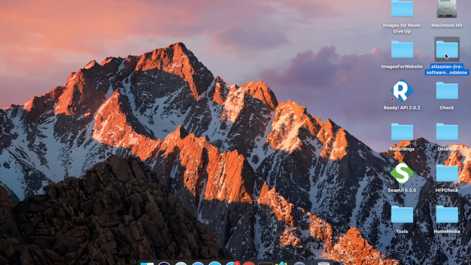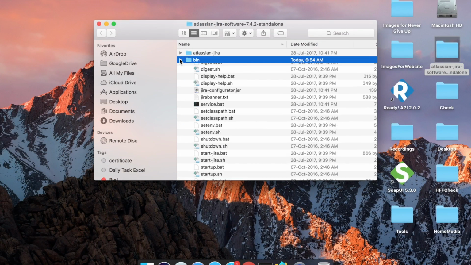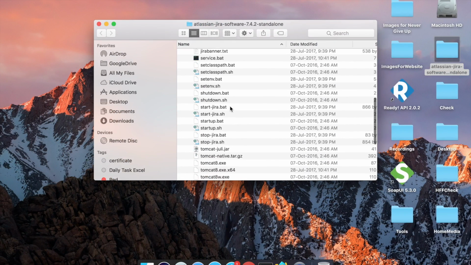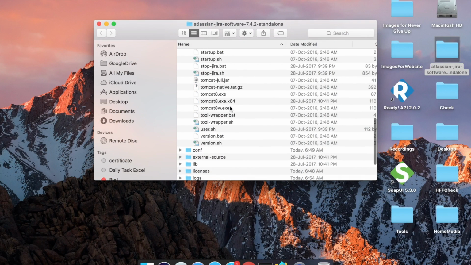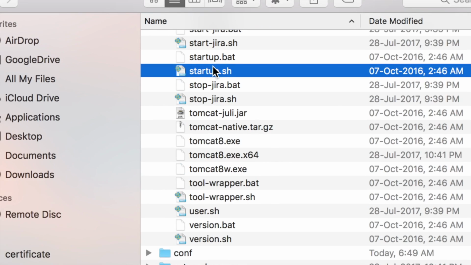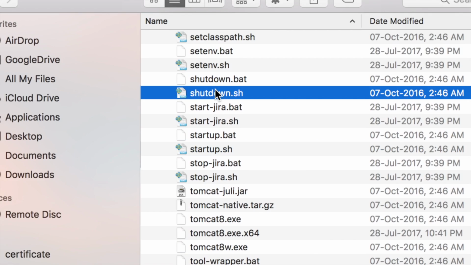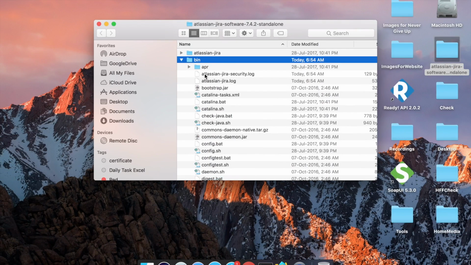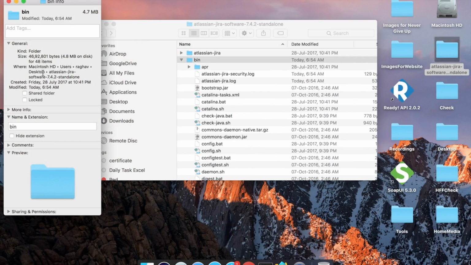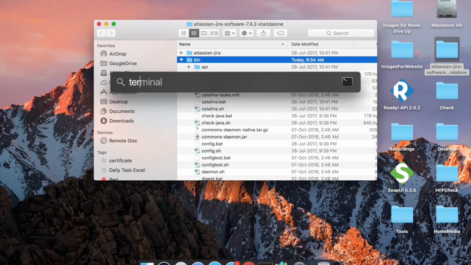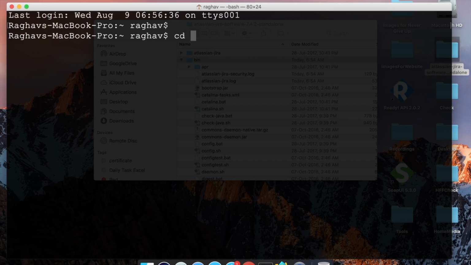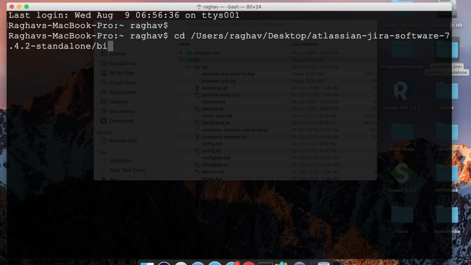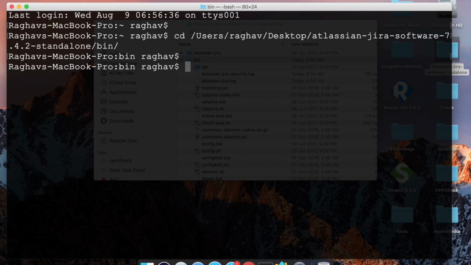I will go inside my folder, and here you can see there is a bin directory, and inside bin you will find this startup.sh and shutdown.sh. Here we have startup.sh and here we have shutdown.sh. So to start, you can go to terminal and go to the location of the bin folder. So for example, I will just press command I on my keyboard to get this information and copy the location of this folder, and then I will go to my terminal and I will change the directory to this bin folder of Jira, and now I can say sh